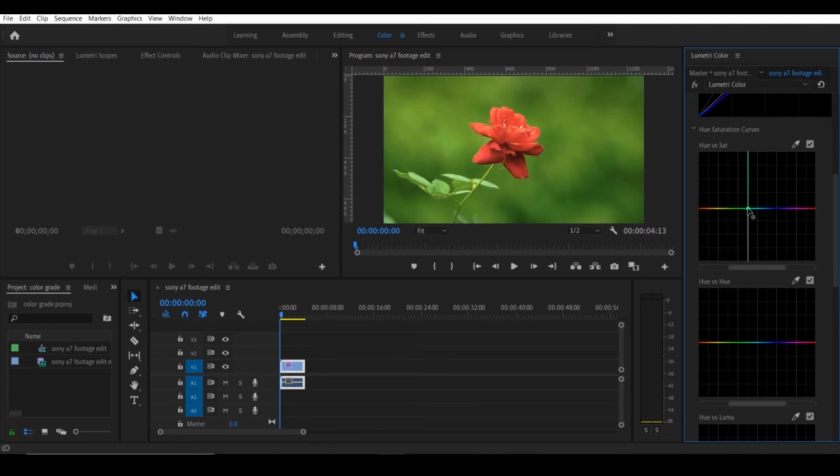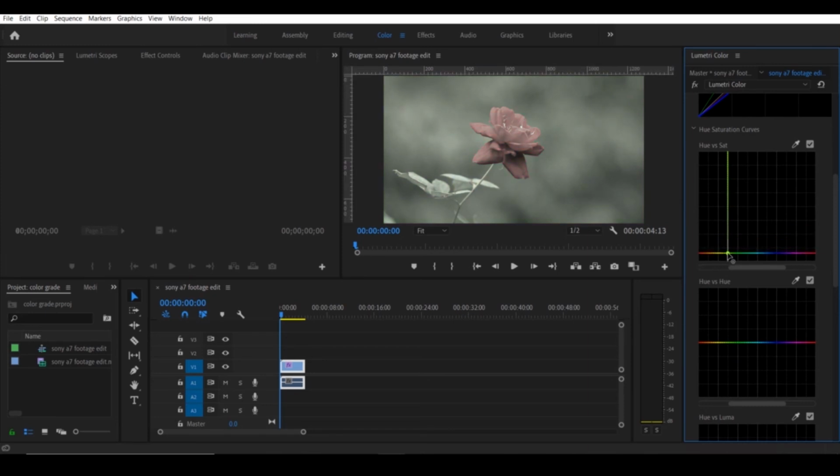saturation. See, one line represents the hue and one line represents the saturation level. So if I increase this, that means the saturation of this increases. This vertical line represents the saturation and this horizontal line represents the hue. Hue means which color you want to select. I am going to select the green color, but I want a light green and yellow color. So I will select here, and then if I decrease the saturation,